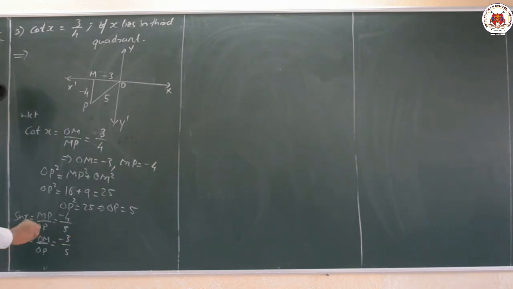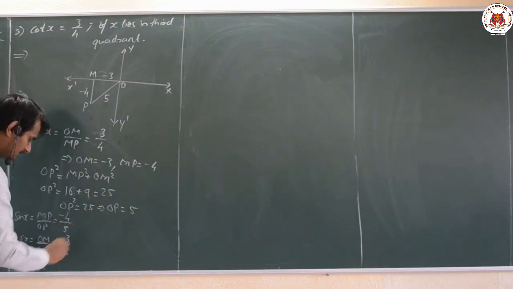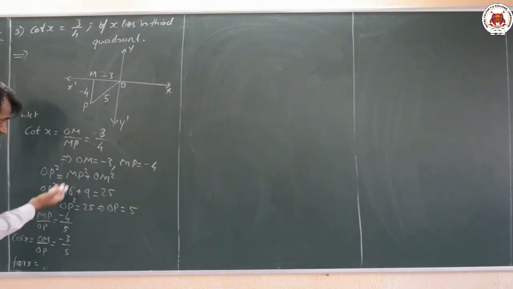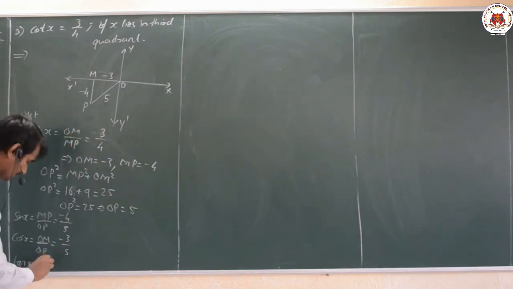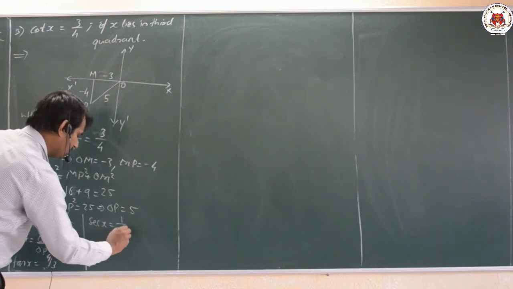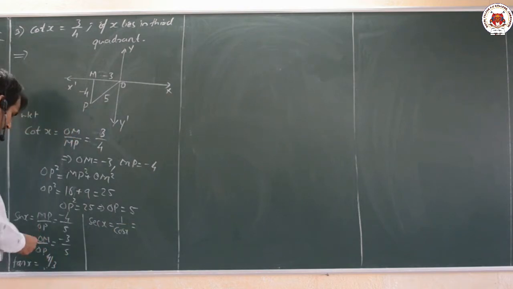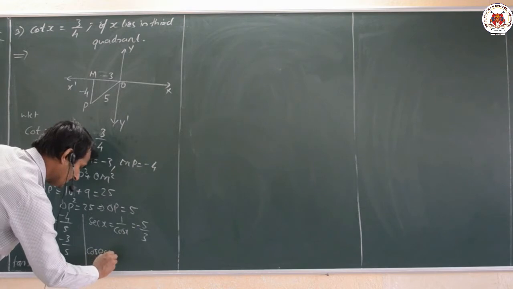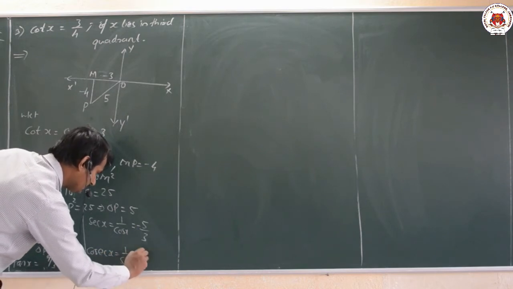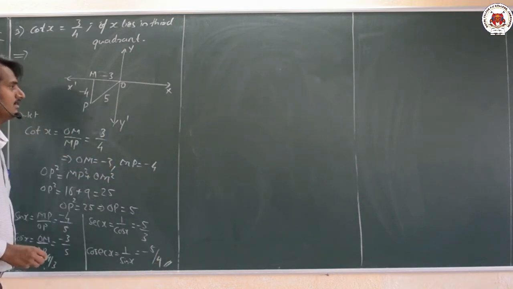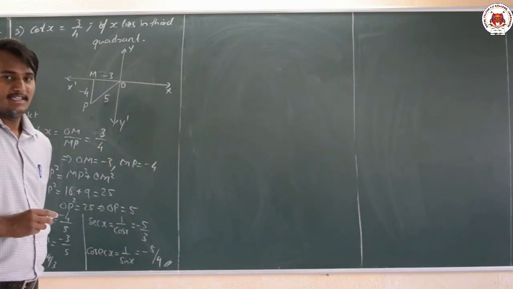Okay. Now the tan x, it is very simple here. Tan x is equal to 1 by cot. 1 by cot means, already the question is given, cot reverse, that is nothing but here 4 by 3. Cot is already there. Then secant x. Secant x means 1 by cos x. 1 by cos means here 5 by minus 3. At last cosecant x. Cosecant x is 1 by sin x. 1 by sin means here minus 5 by 4. That is your required very simple and easy example here.